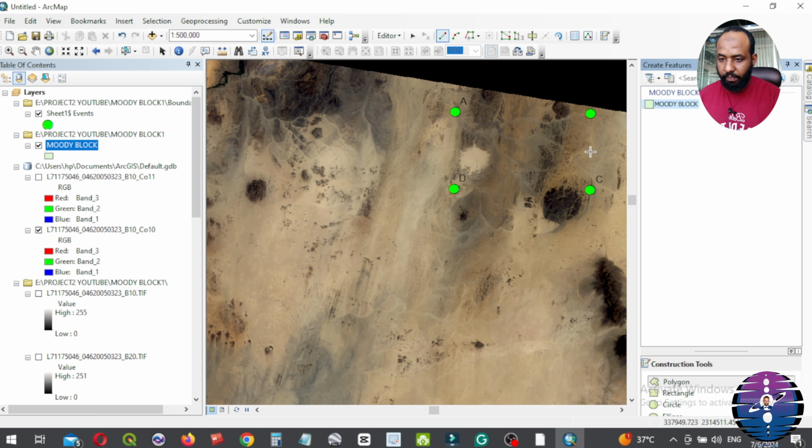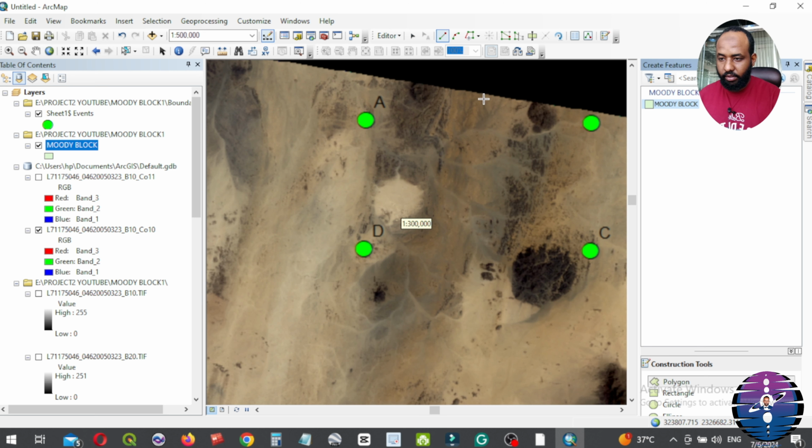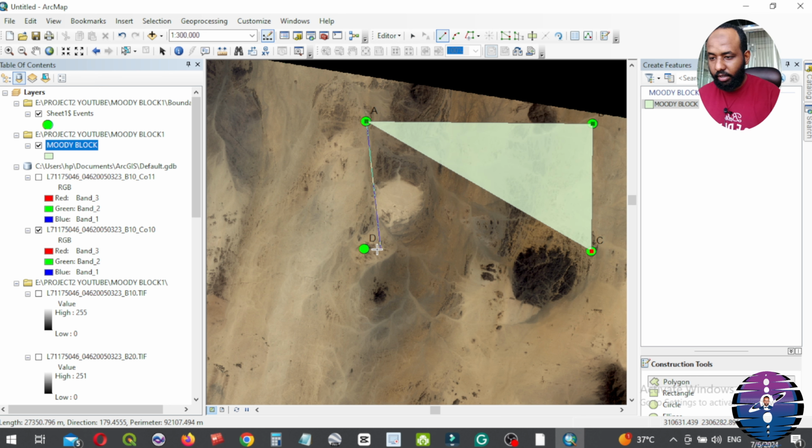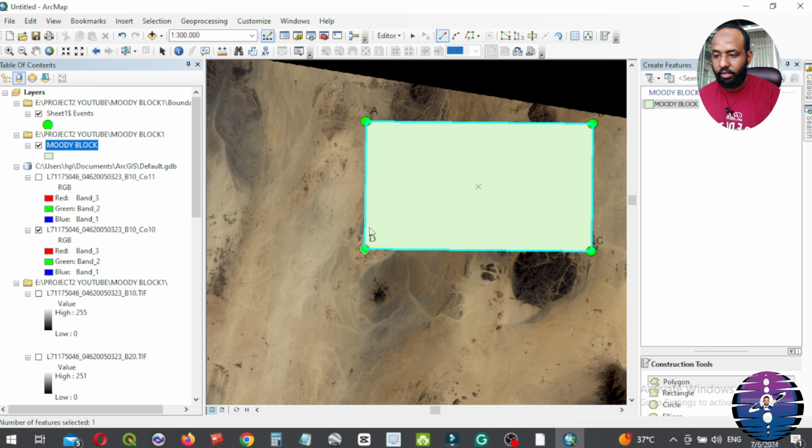And now go to first corner A, one click, corner B, one click, corner C, one click, and last point D, double clicking to close the square.